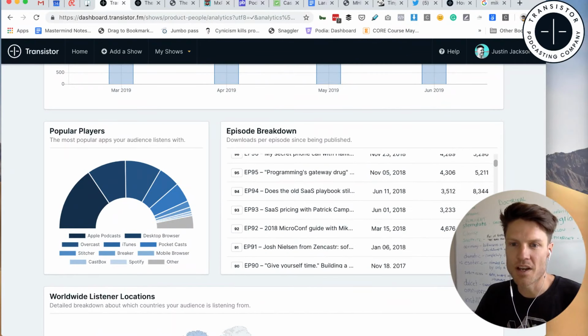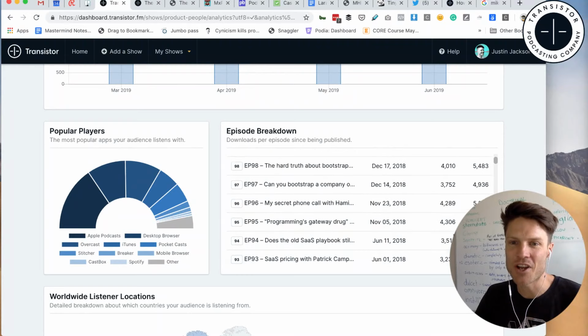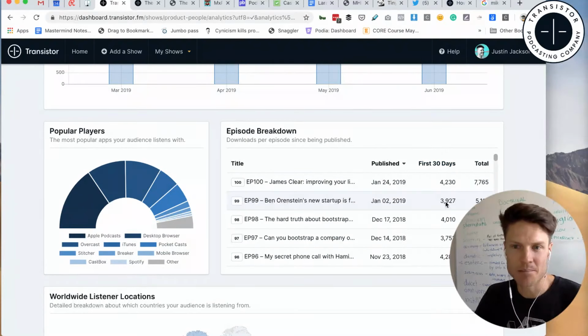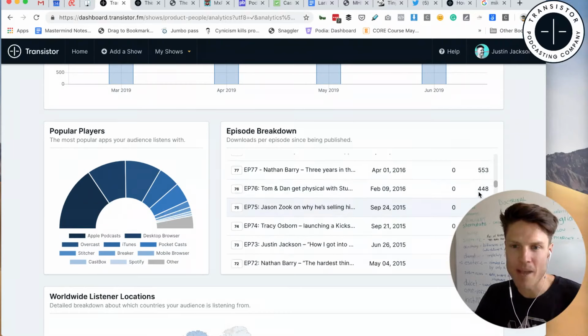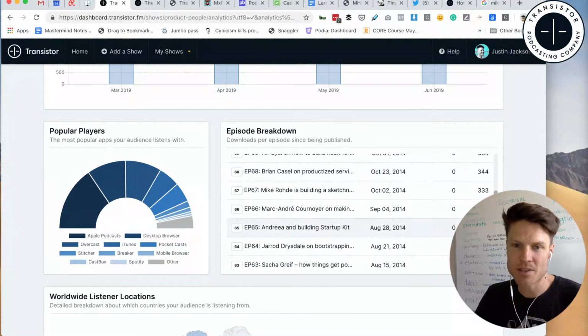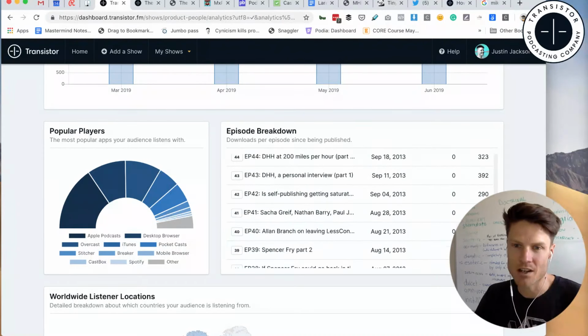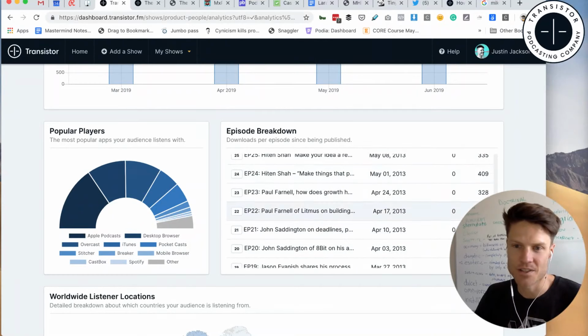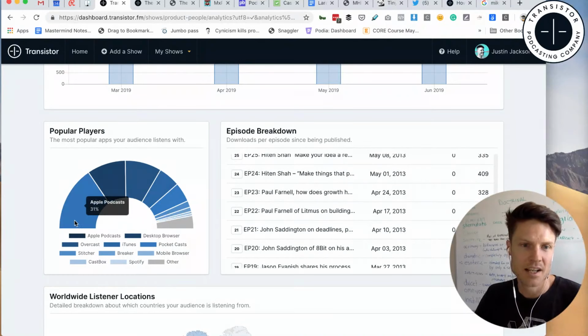It'll show you, again, here's where I imported the show. How many downloads are you getting for all these episodes? And I could even go back and see how many of these episodes in my back catalog are still getting downloads. And you can see a lot of them are. Plus, where are people listening? So Apple Podcasts, desktop browser, Overcast, iTunes, Pocket Casts, and then